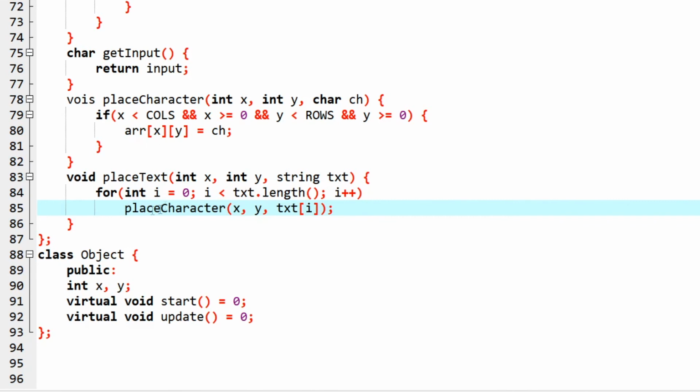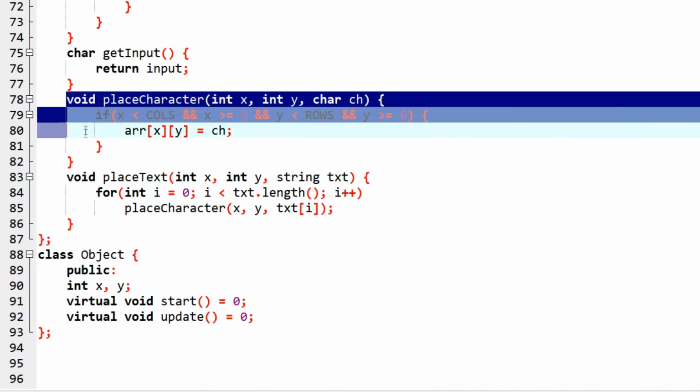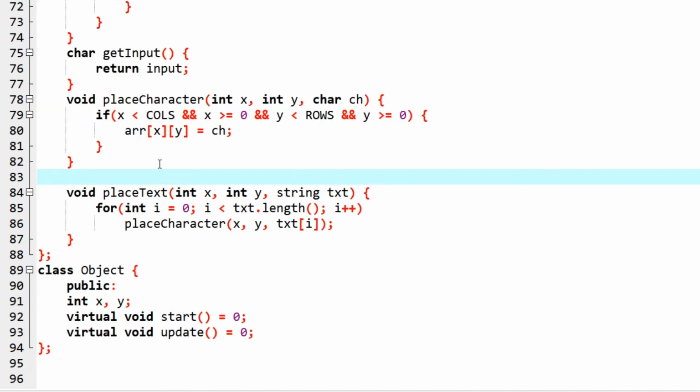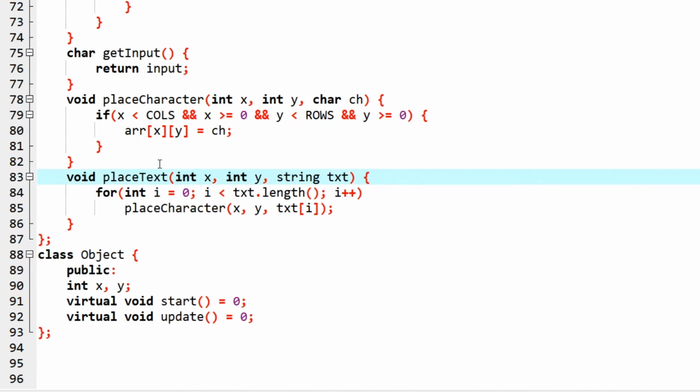We can also create functions to place multiple sized, like right now we can only place things that span a single character, right? But we can also place something that spans multiple characters. Let's actually handle that later. This should be enough for now.